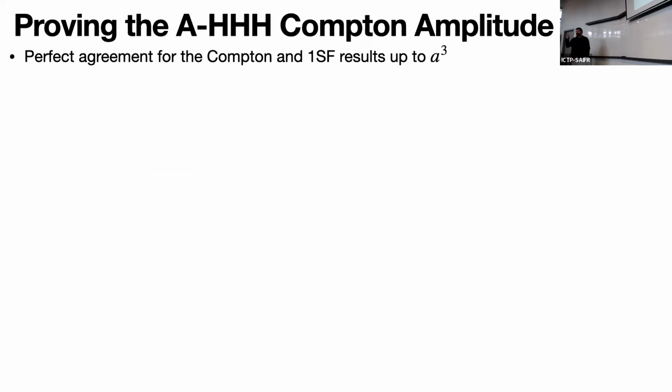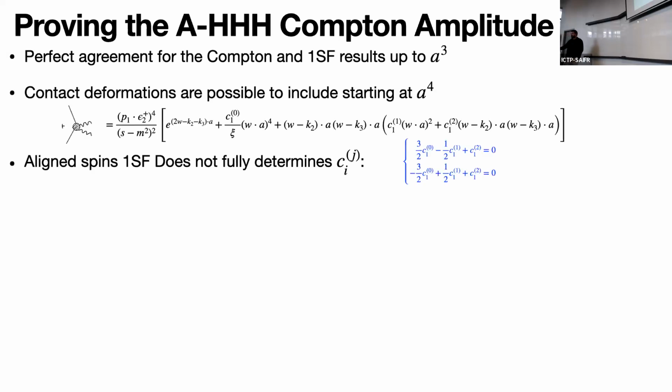So what were the findings from Justin and Niels was that if you take the result from your quantum amplitude and you expand it to the 3rd order in the spin multiple expansion, there is perfect agreement between the quantum predictions and the black hole perturbation theory computation. However, at spin to the 4, they found that there is still some room for correcting this quantum amplitude.